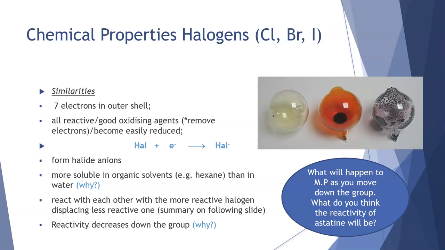When we come to the halogens, so moving all the way over to the other side of the periodic table now, we're in non-metals, their reactivity is opposite. So for metal reactivity, as we move down a group, metal reactivity increases. Okay, for the halogens, as we go up a group, then the reactivity increases. If you think about it, this makes sense because halogens want to gain electrons, so the more electronegative the atom is, the more likely it is to gain an electron, and that is how halogens will